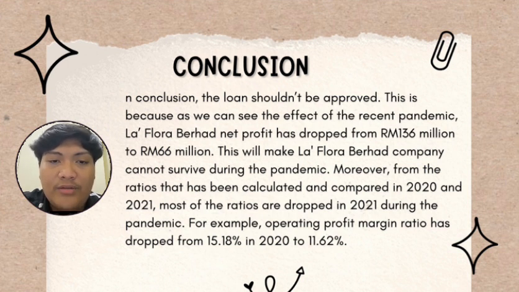Next, La Flora's current ratio decreased from 2.25 times to 1.51 times, and the quick ratio from 1.78 times to 1.10 times. So we can see that La Flora Berhad has insufficient cash. Moreover, La Flora's asset turnover also decreased from 1.52 times to 0.98